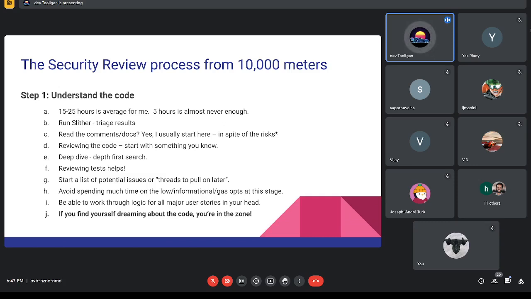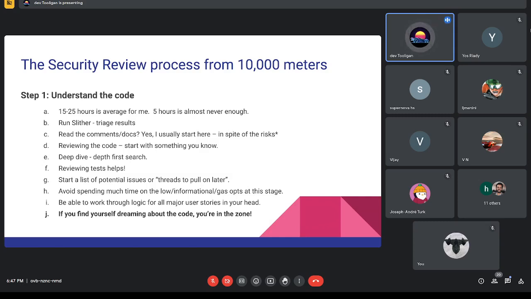one thing to keep in mind when you're triaging Slither results, you're not necessarily looking for really complex, involved issues. So for reentrancy, you're not looking at multifunction reentrancy. You're just looking for very simple reentrancy. And if it gets flagged for reentrancy, what I would do is, if I think there's a chance that it might work in somehow with some kind of cross-functional reentrancy, I would flag it and come back later when I know more about the